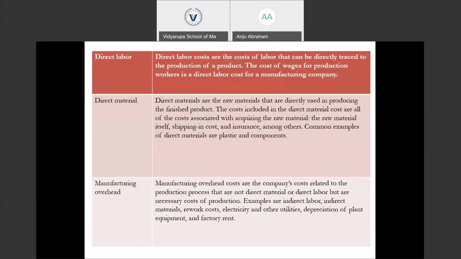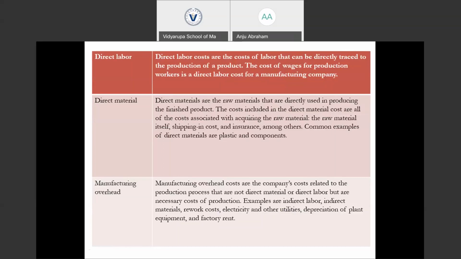We need to bring the raw material from the supplier to our production place. The shipping in cost or the transportation in cost and the insurance that we incur for the raw materials are all costs which are included in the direct material cost. So the common examples provided for the direct material cost are plastics and any components which are used for the manufacturing of a particular product.